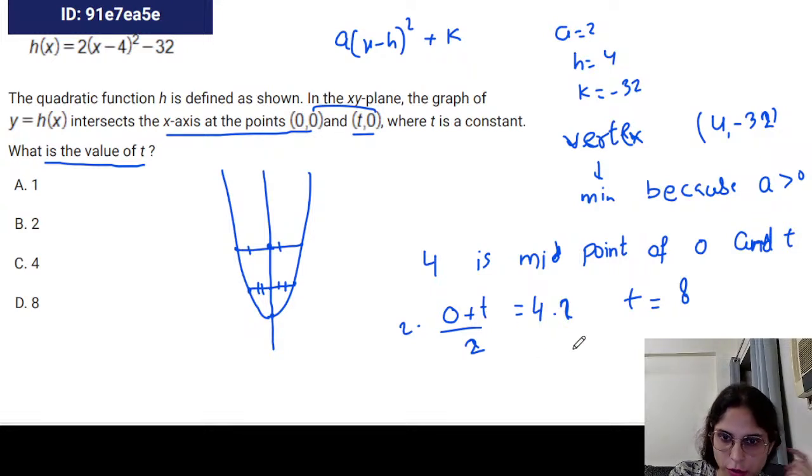Anyway, coming back to the concept. If you know this concept, you can directly know the value of t is 8. And you would be like, you can directly put it in Desmos. Yes, for this particular question you can directly put it in Desmos, but this concept they will be